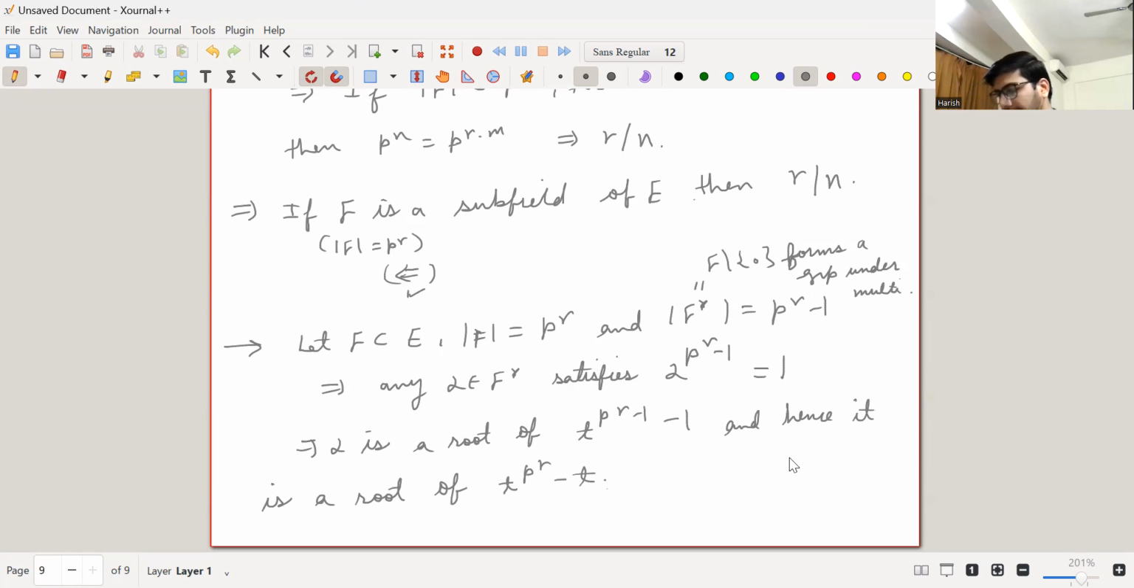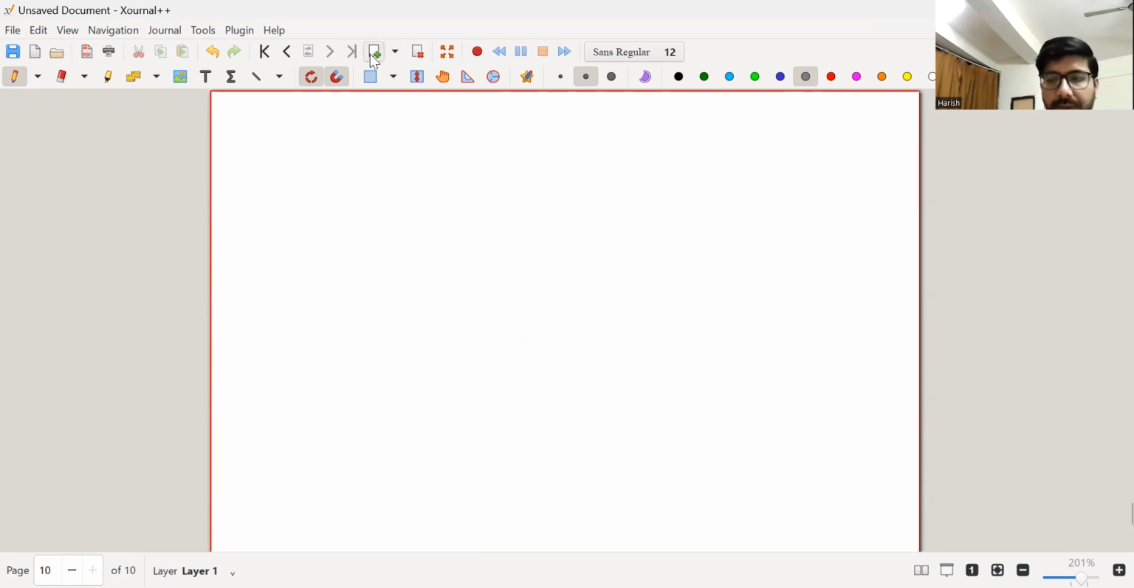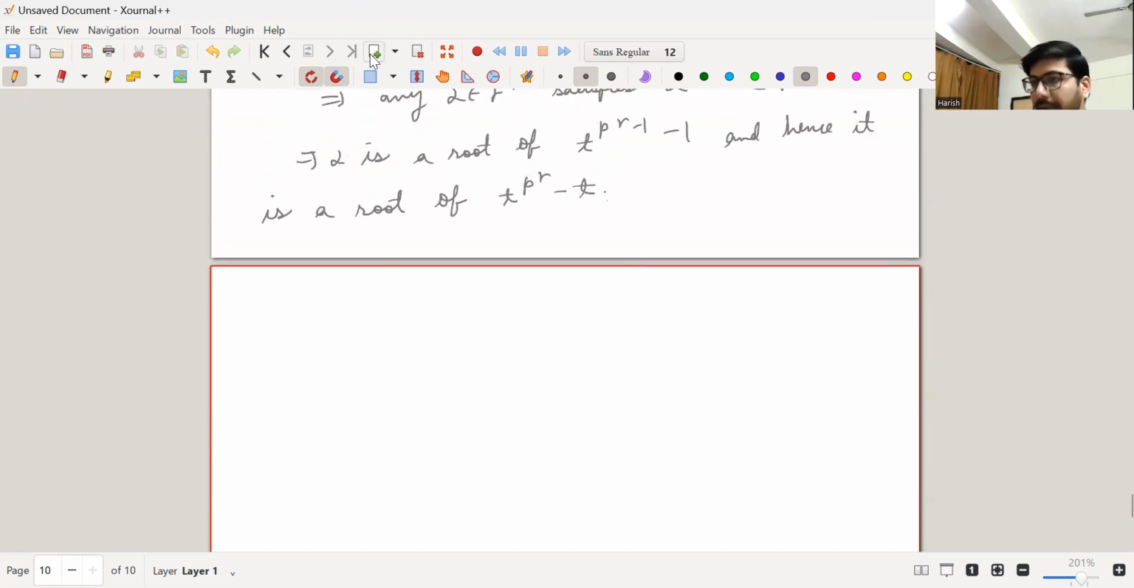So that's something that you should keep with you, because it's going to be useful in the upcoming things. Okay, now here comes an important theorem which says